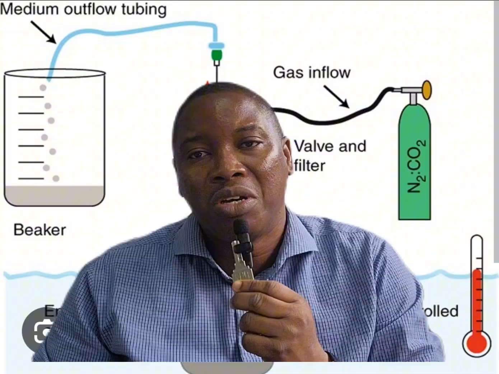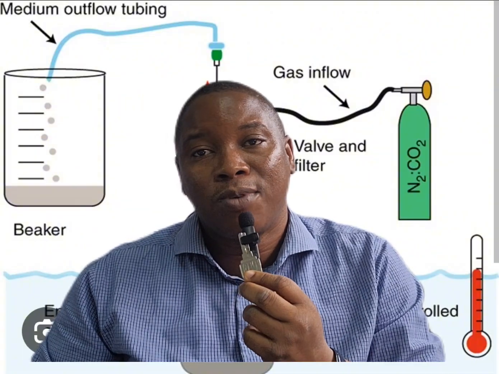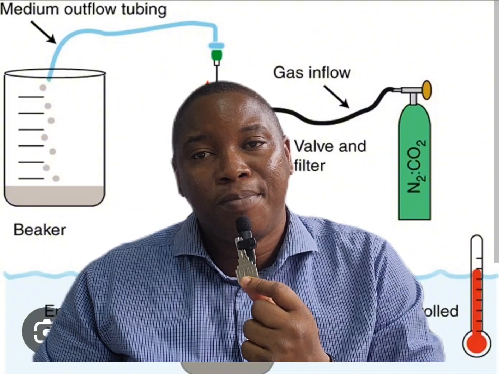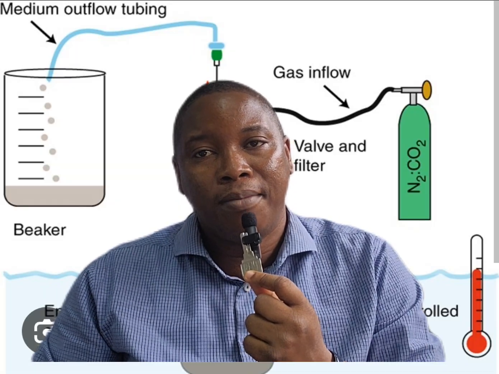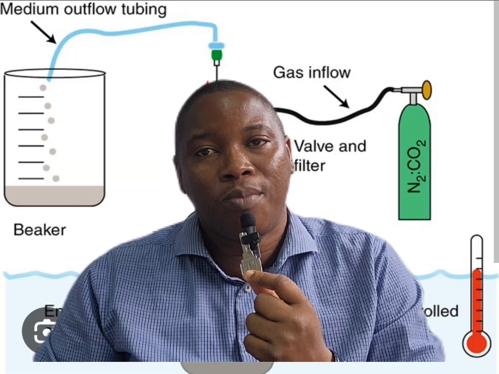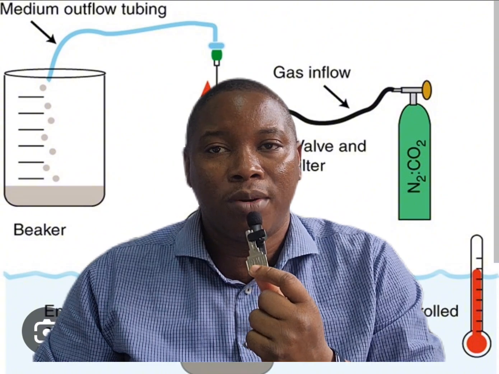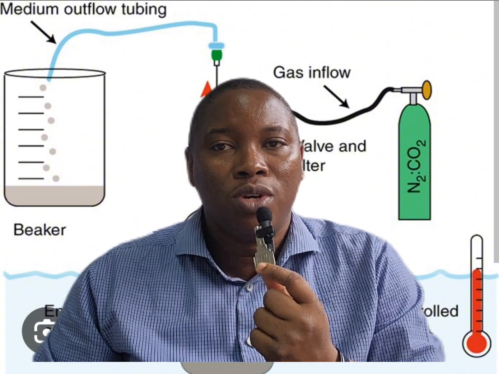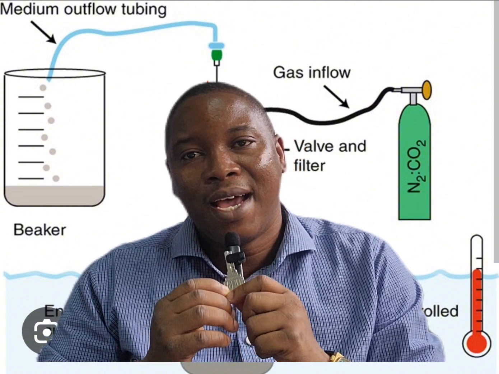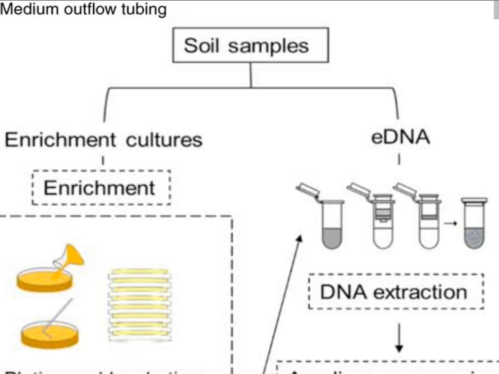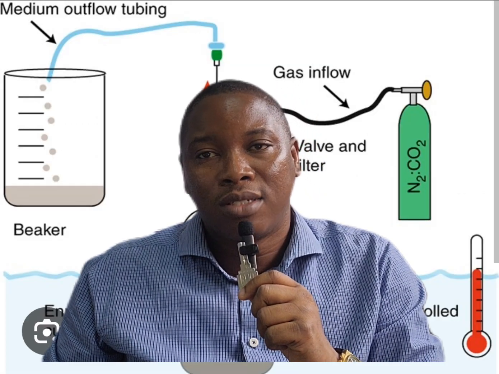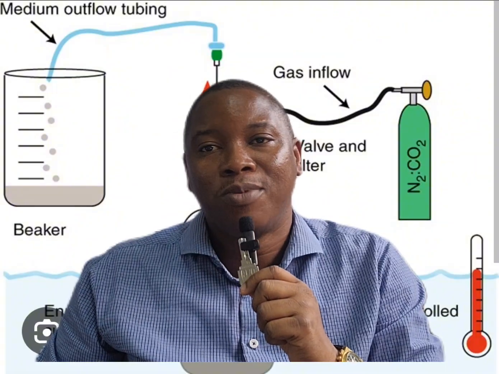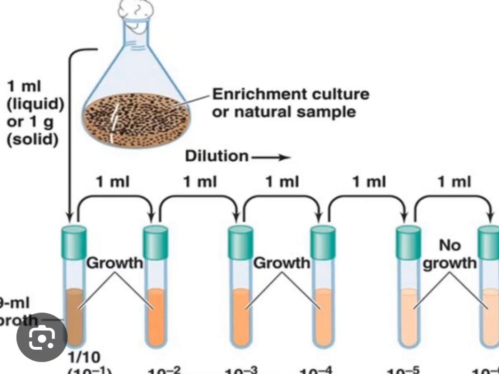This monitoring could be something as simple as a color change or visibly seeing colonies being formed on the agars, on the culture medium. It could be a change in color of the culture medium, whatever it is. We need to be able to determine if our medium is growing and then see the growth of our medium. And then lastly, we want to be able to isolate pure cultures. So there are subculturing techniques that we use to isolate pure cultures from our samples.